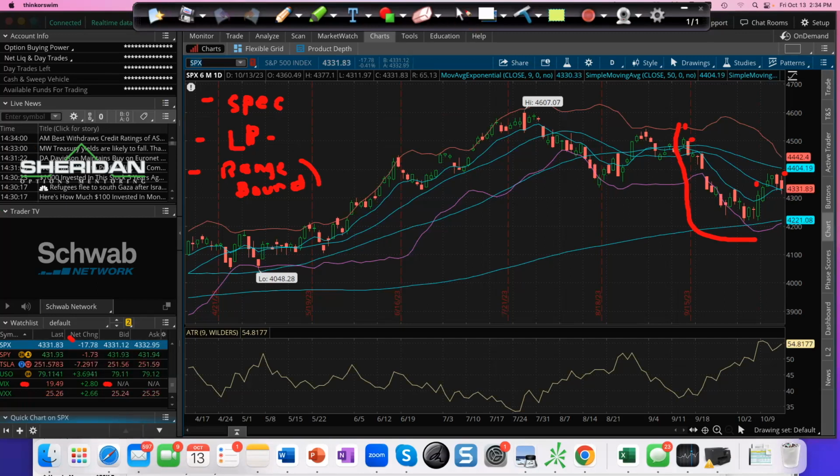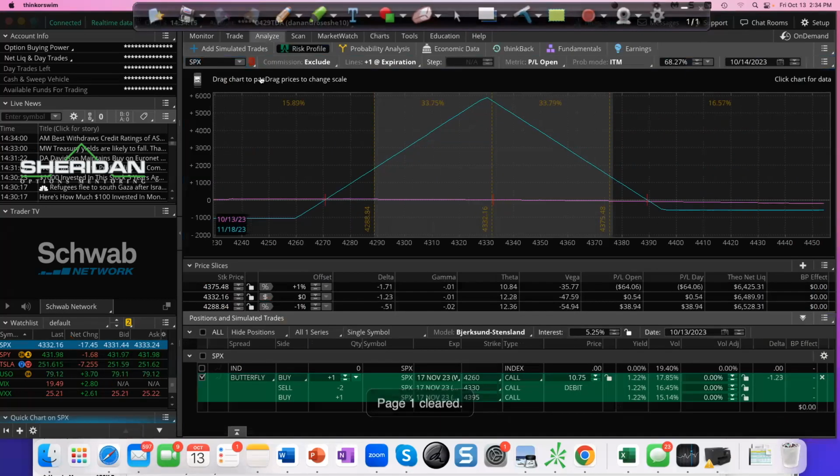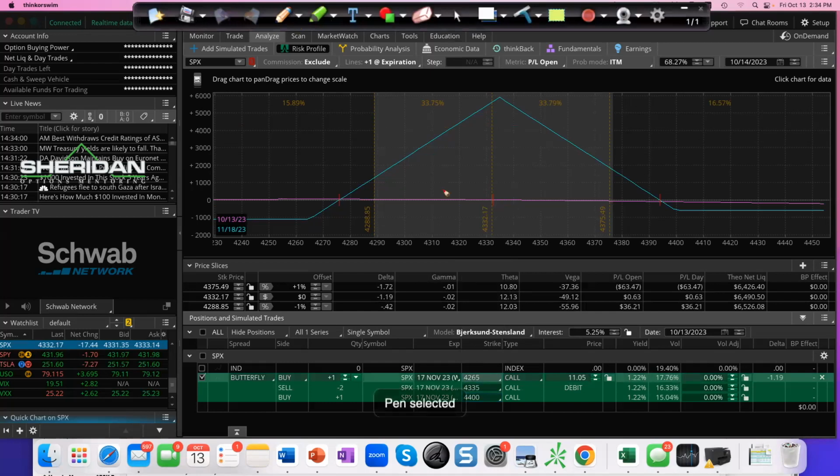Two trades in the range bound, and then in the long portfolio. Range bound, I'd be looking at something like this. This would be a 70-65 butterfly. We're currently at 43.32. I set my short relatively at the money in the calls, 43.35 in the November 17 expiration. When I say I'd be doing this type of butterfly, same width in the calls Monday,